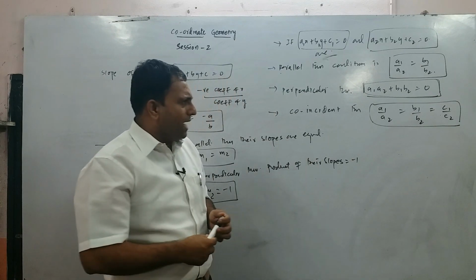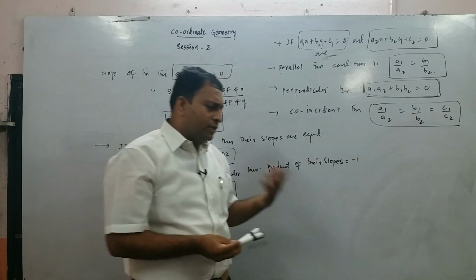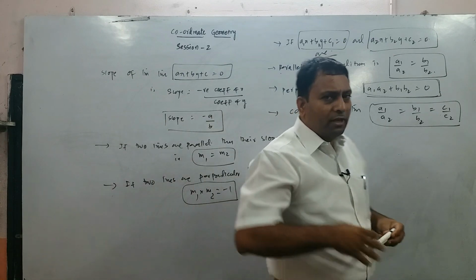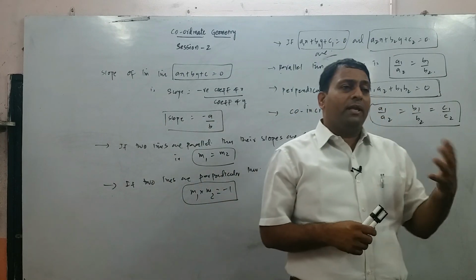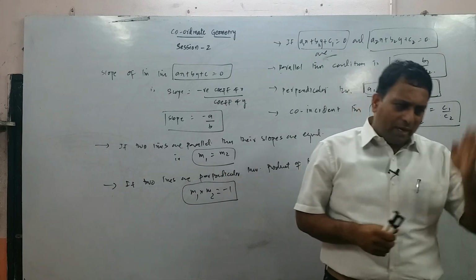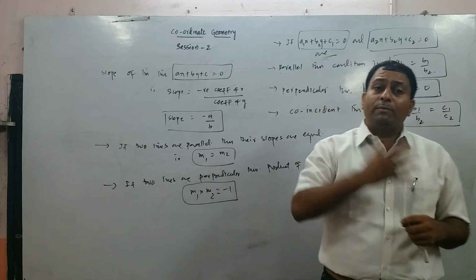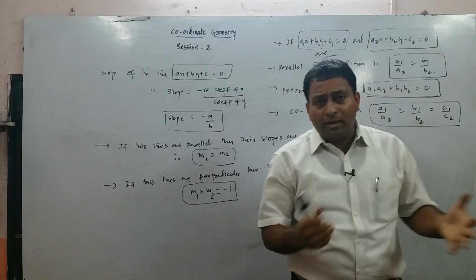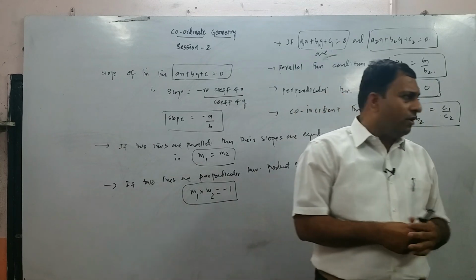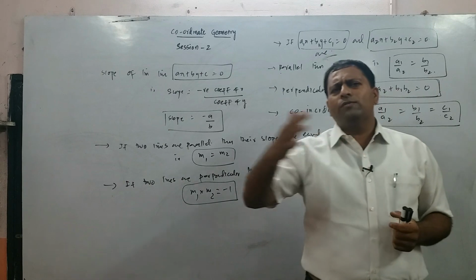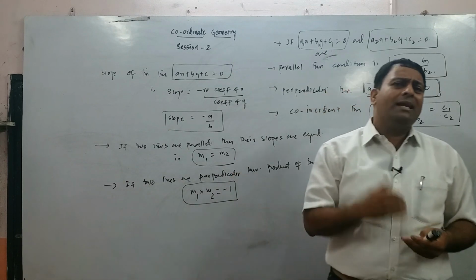Now we will try to end our session here, and in the next session we are going to do further topics, like what will be the line parallel to another line. If a line is given to you, how do you write the equation of a line parallel to it, or how do you write the equation of a line perpendicular to it? Then how to find the angle between two lines, whether it is a cos theta formula or a tan theta formula. All those various things we will try to cover in the next session.